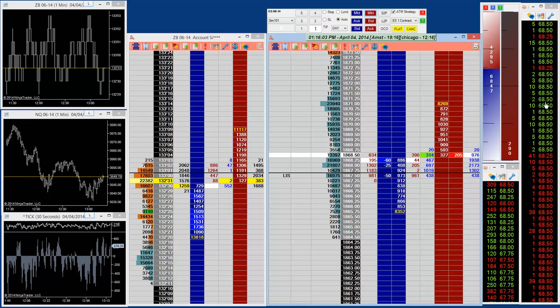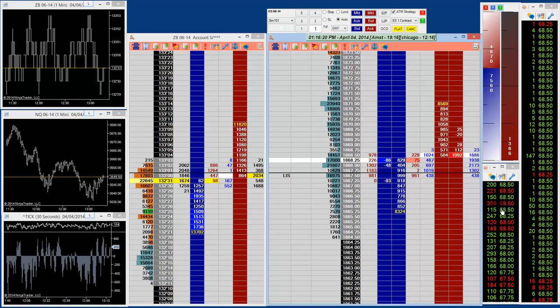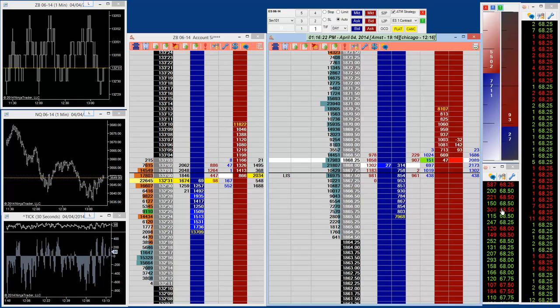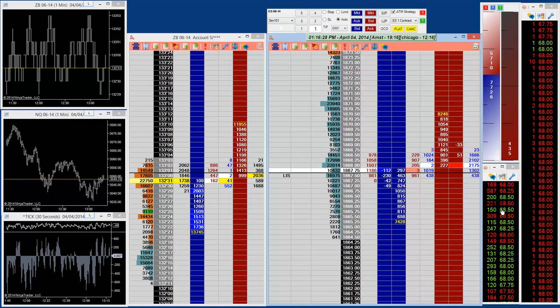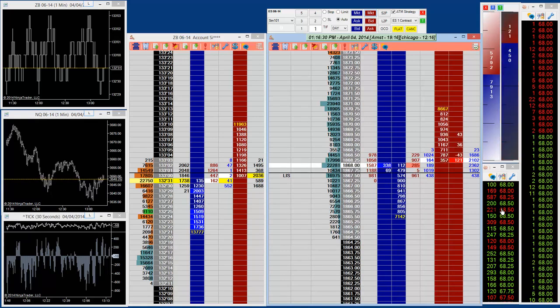For me, I'm not a big fan of using an unfiltered time and sales because I just don't get on that well with it. It's just not the tool for me. The other one you can use is a filtered time and sales. The reason you use a filtered time and sales is to see which size is trading. If there's a lot of large players trading against you, that does not bode well for your trade, unless